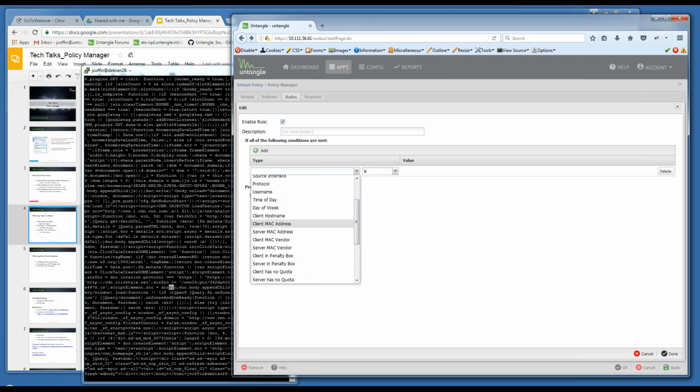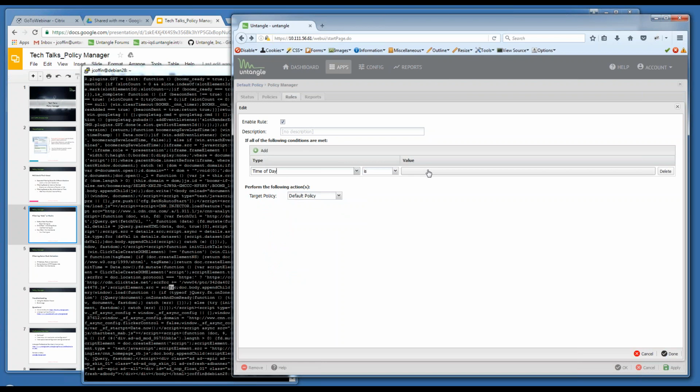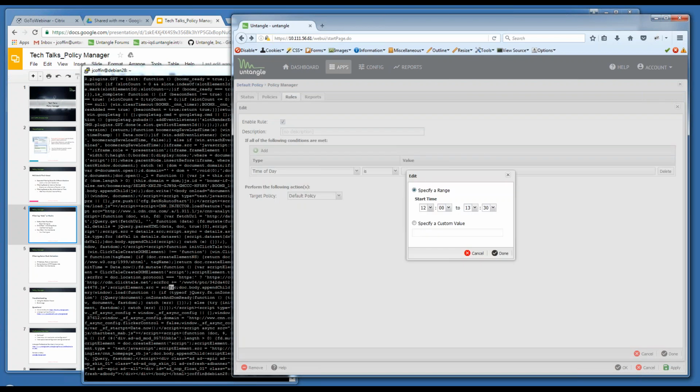It can be by username, so maybe a username after a certain amount of time or a certain part of the week. So you can say time of the day. You can say any time between, and this works on a 24-hour clock, let's say between 5 o'clock in the evening to 6 in the morning,